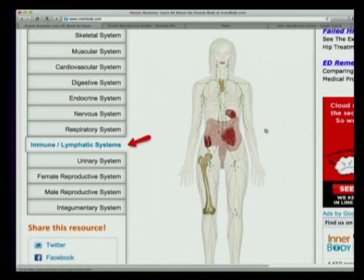A lot of times football players or somebody in an accident or somebody riding on a bicycle and the bike crashes and the handlebar goes into the left side of their abdomen, it can rupture the spleen or cause an injury to the spleen. And then, of course, we also have lymph vessels and ducts all over the body that